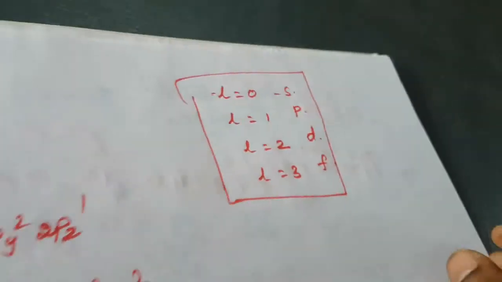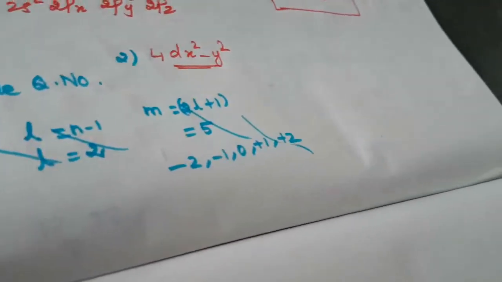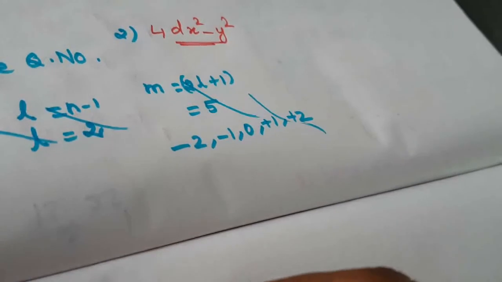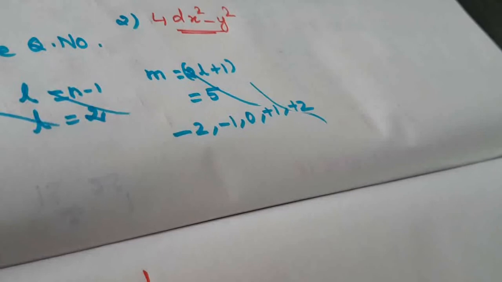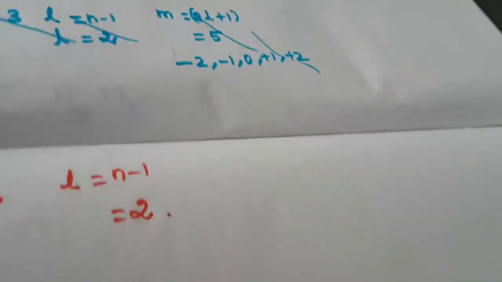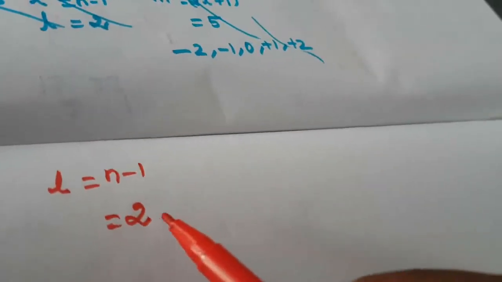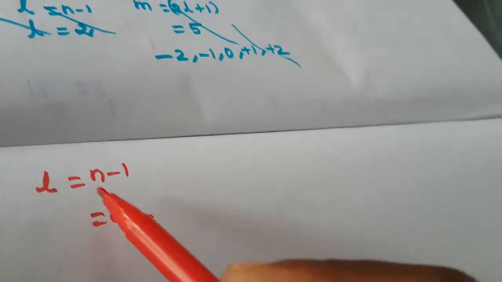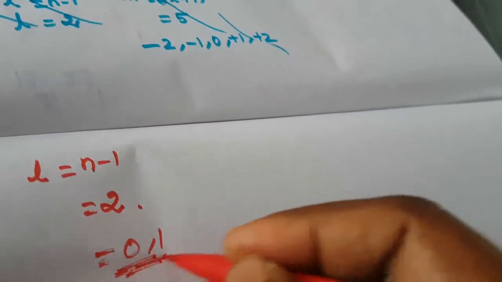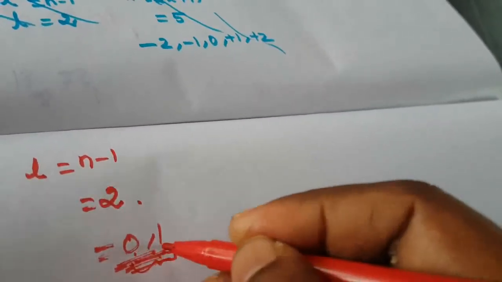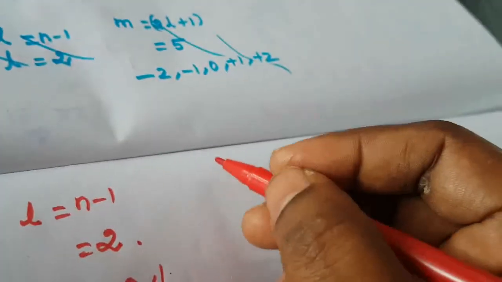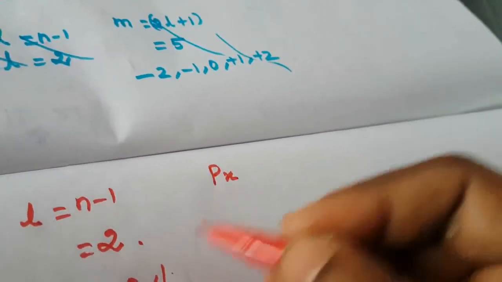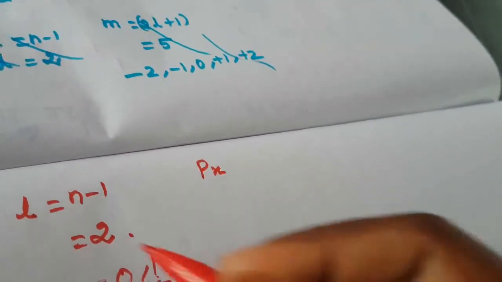Okay, so this is another one. What is the L value? L is equal to n minus 1, which means 3 minus 1, so there are 2 values. The 2 values are 0, 1. So that is the p orbital. What is the p orbital? Px value, suppose L is equal to 1, the 2 values mean